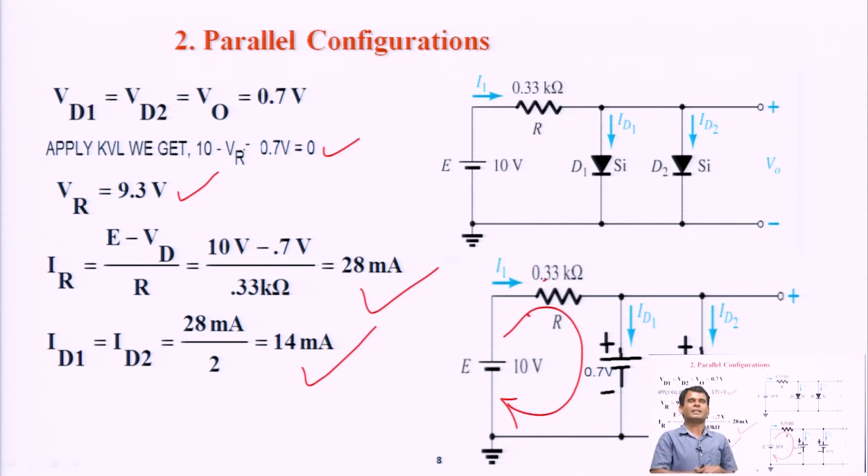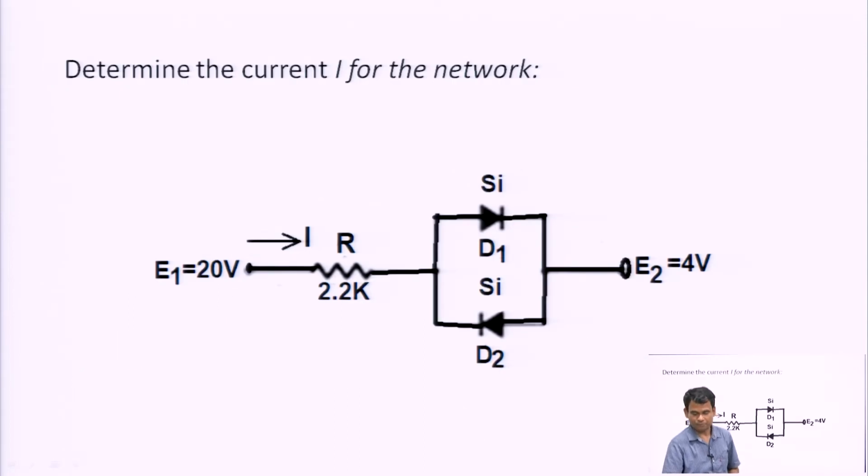Both the diodes are the same, what will happen when both the diodes are different? Yes, what will happen? I am going to discuss that. So, first of all, in this figure we can see that there are two diodes connected anti-parallel, not parallel. These two diodes are connected in anti-parallel. This means one diode is in forward bias and another diode is in reverse bias. So, practically this circuit becomes a series circuit.